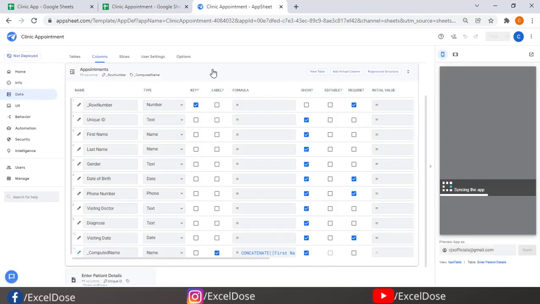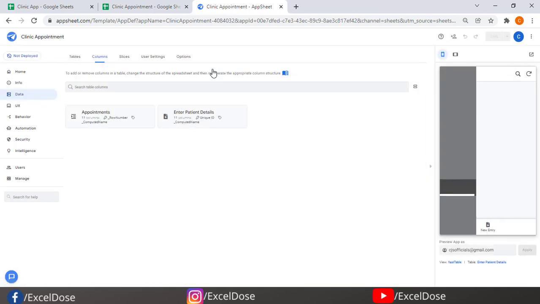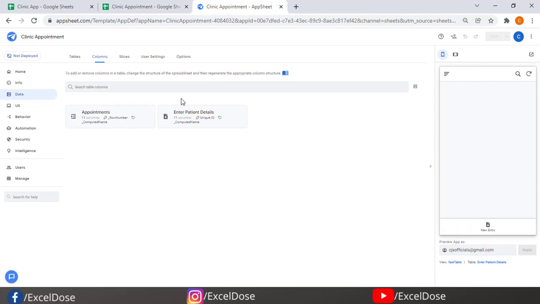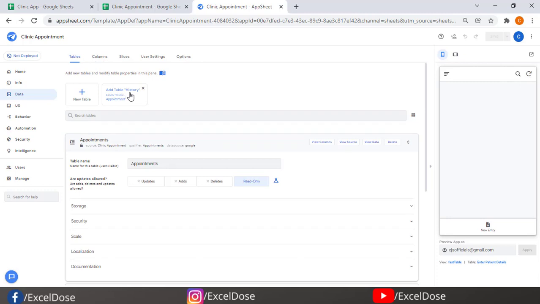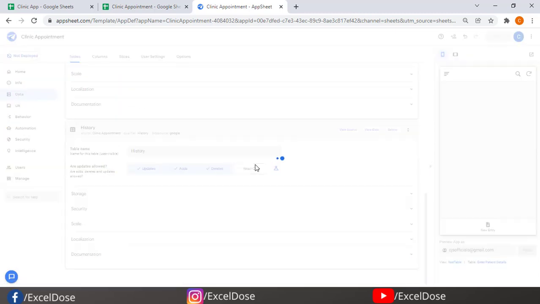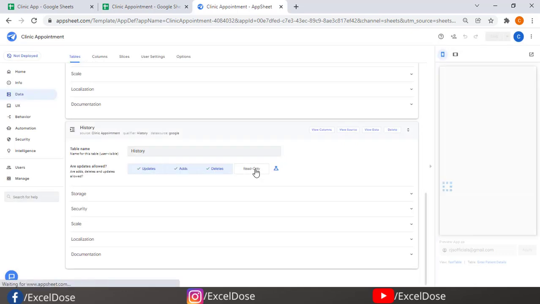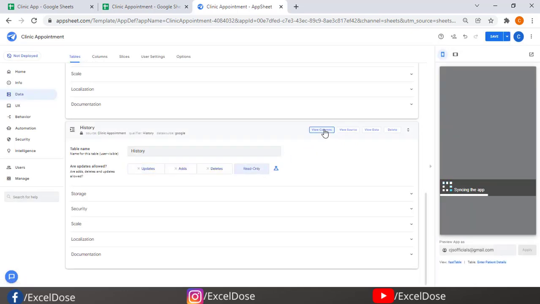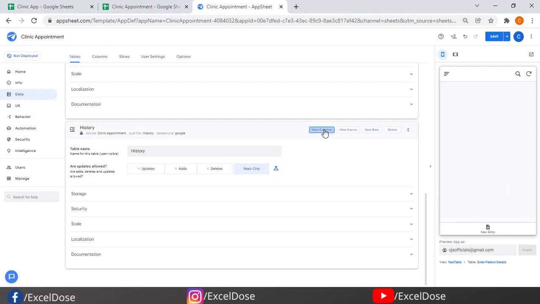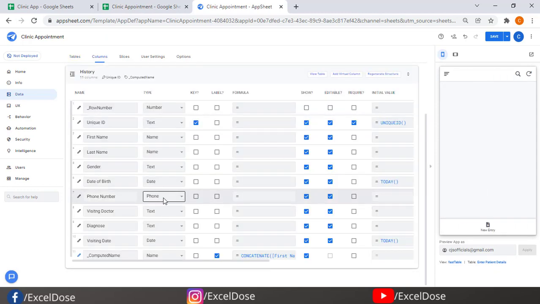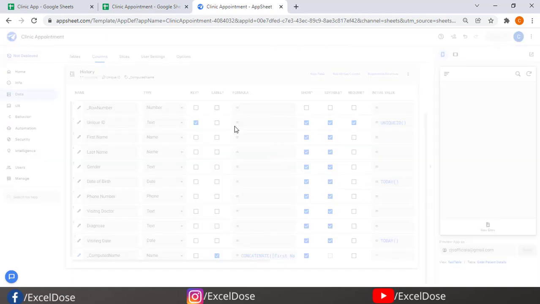Okay, so this is done. In the same way, we have to add another table which is history, right? So history also, we'll click on that and make sure that it is also read only, right? And click on view columns, and phone number is phone, yes, that's fine. Okay, we'll save this one also.